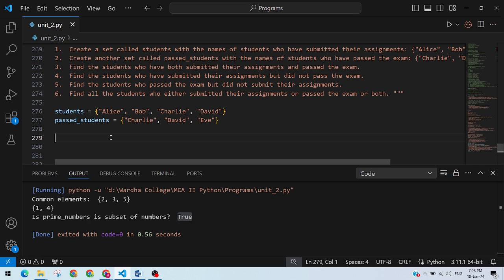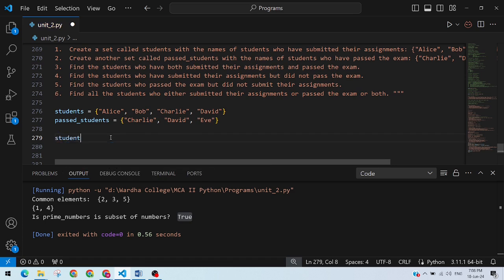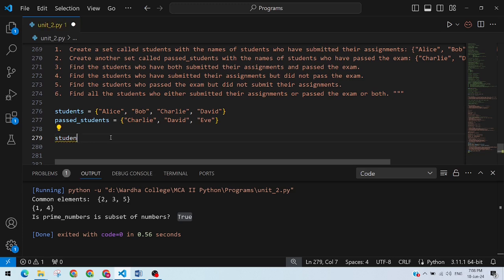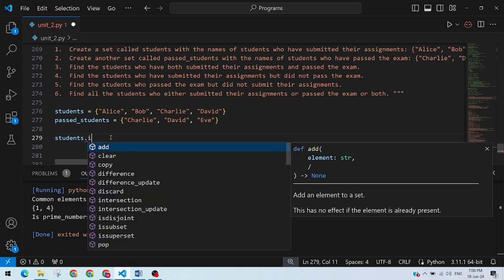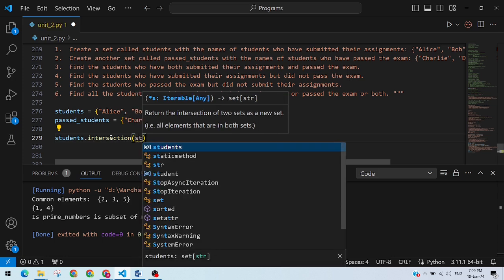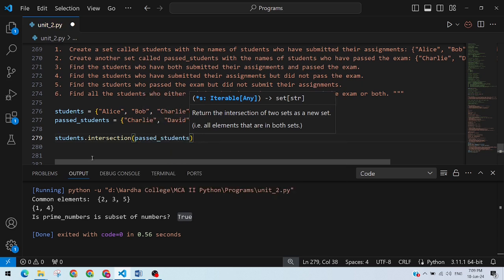Which operation you have to perform for this? Intersection, right? Students dot intersection past students. Okay, this will give you